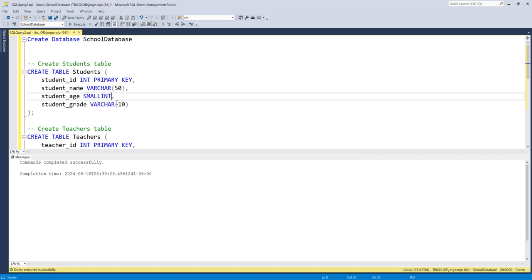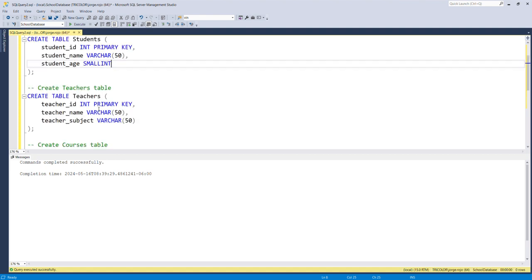We have smallint, we also have int, we also have bigint. But since it's age, we are going to use smallint. You can see how much space they are occupying or reserving for each type in the settings. And this is going to be the grade of the student. Let's say that we don't need this. I generated this with ChatGPT, so